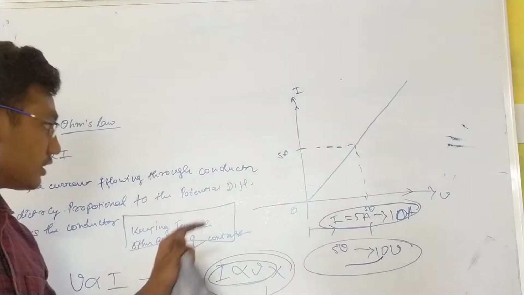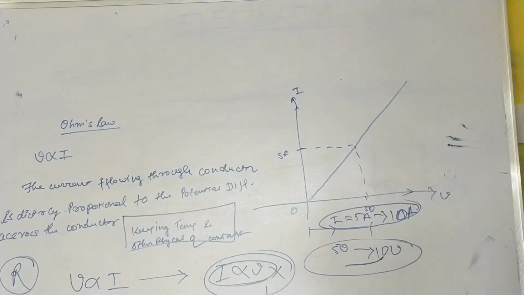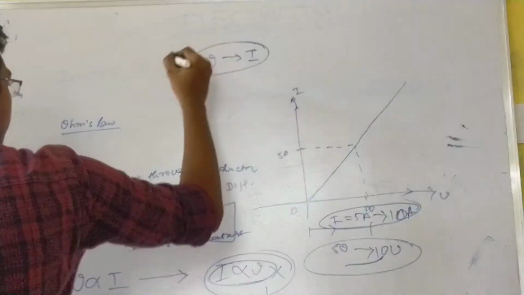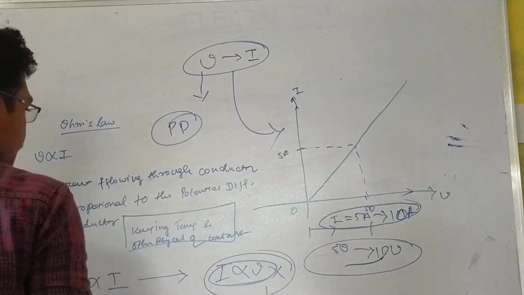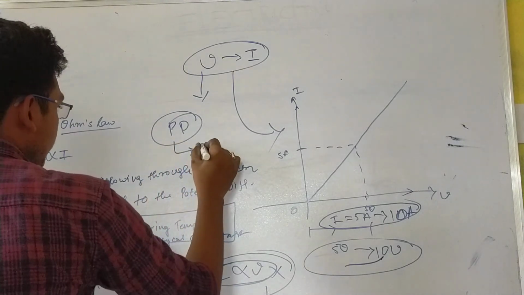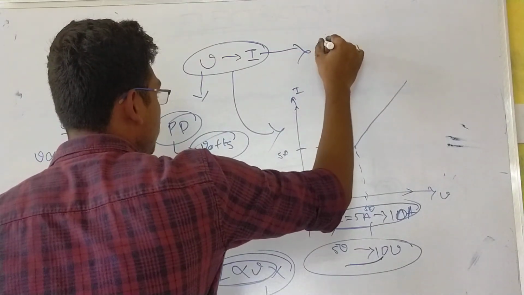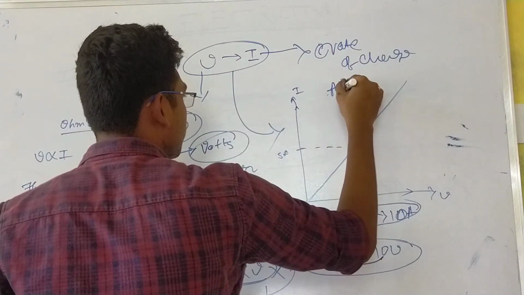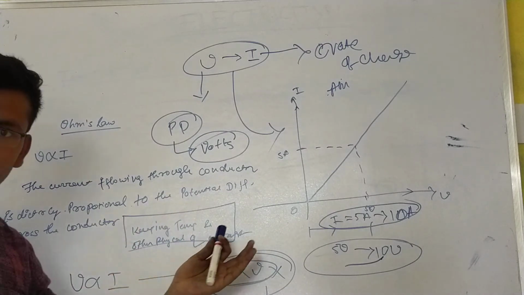Okay, this is enough for the first lecture. I would like to conclude with a brief summary. We have learned V, I, and the relation between V and I, that is Ohm's law. V is the potential difference, PD, and its unit is volts. Current is the rate of flow of charge, and its unit is amperes. This much is enough for the basics. For solving problems, you just need this much. You need not know rocket science. Electricity is not rocket science.